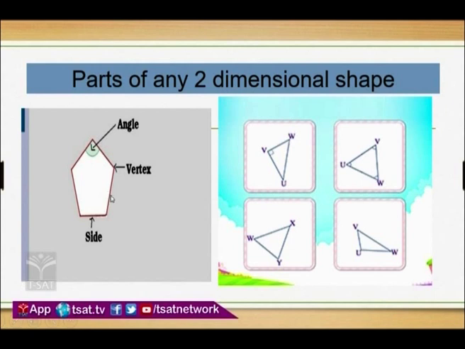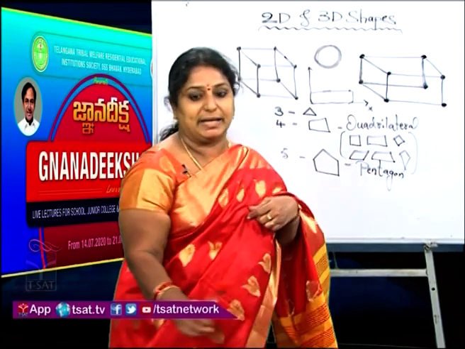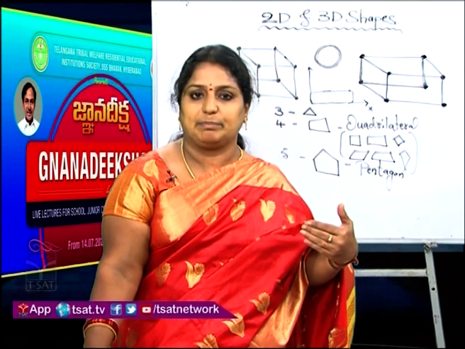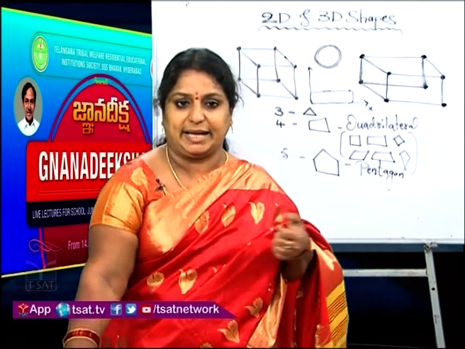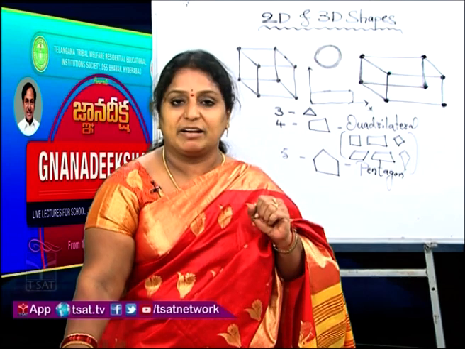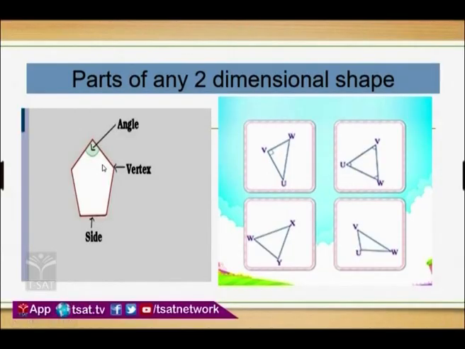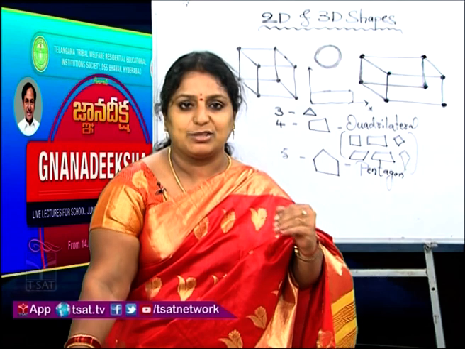Come on children, now let me imagine what this first picture denotes. How many sides does it contain? First you count. 1, 2, 3, 4, 5. I already said if a polygon has 5 sides, we call it a pentagon. Whether you take pentagon, hexagon, septagon, decagon, dodecagon, however many sides, it contains only one face, children, but the vertices depend upon the number of sides. Similarly, a triangle contains only one face, 3 vertices, 3 edges. So I hope you got a picture about two-dimensional shapes and parts of two-dimensional shapes.